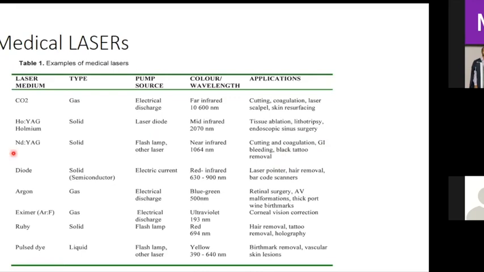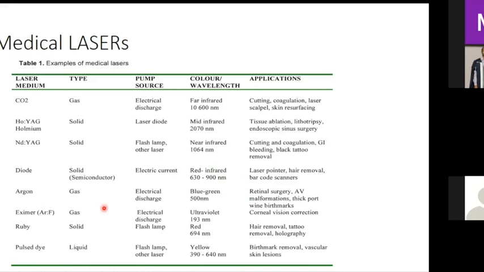And then there's a diode, which is also a solid. It has an electrical source. It is an even shorter wavelength. It's what we usually use as laser pointers, for hair removal, or in barcode scanners. So I'm sure you are familiar with this. And you can see that it has a low wavelength, so it might not even penetrate. And then argon,